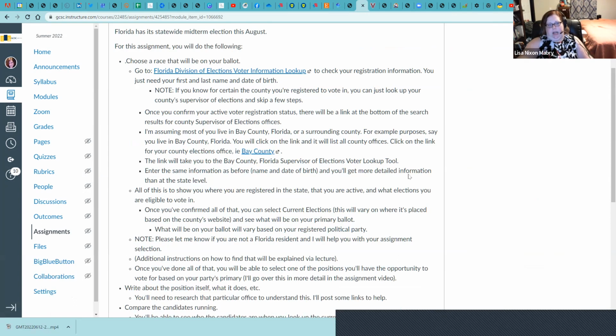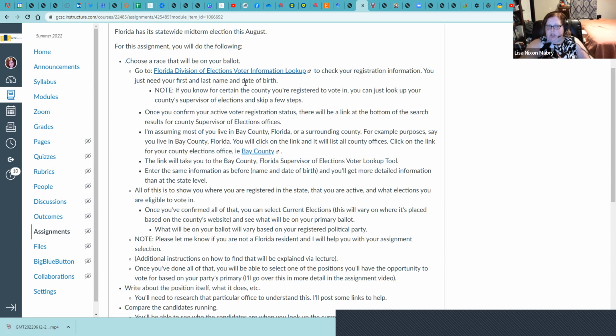But now, if you know for certain, I know I'm registered in Bay County, I know all my information's updated, I'm a super voter, I vote every election, go ahead, go to your county supervisor of elections, skip these beginning steps, handle your business, right? If you're a very involved voter, you know your situation. So I'm not saying that everybody's got to do this step by step. I'm not going to ask for any kind of proof, but this is to make sure you're current for upcoming elections. Because I always try to encourage people to be registered and engaged, not just registered to vote, but actually do the thing. So once you've confirmed that,